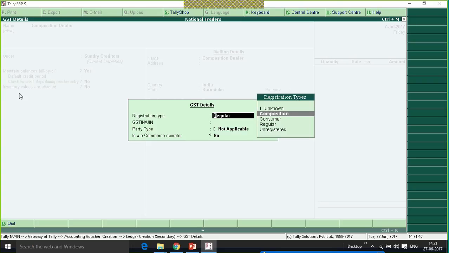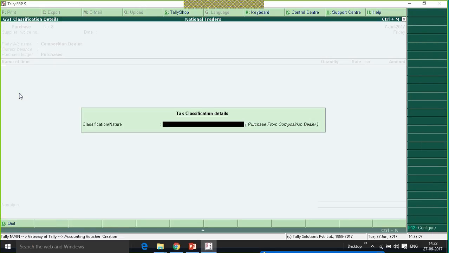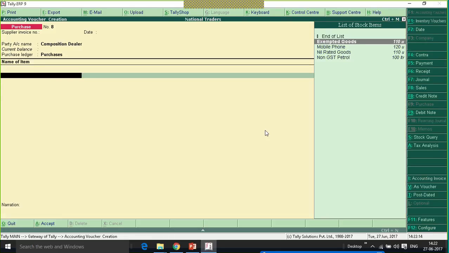Even though he is a composition dealer, he will be a registered dealer and having GSTN number. So the GSTN number starting from state code, followed by PAN number, entity code, Z, and the checksum digit. Purchase from composition dealer is the classification. So let me proceed with the transaction.